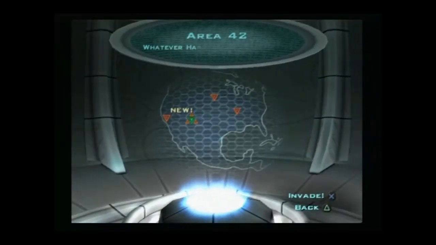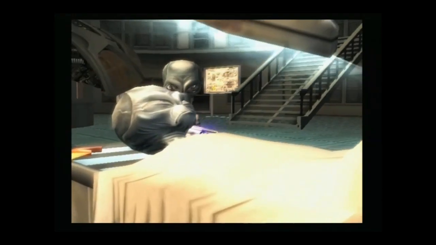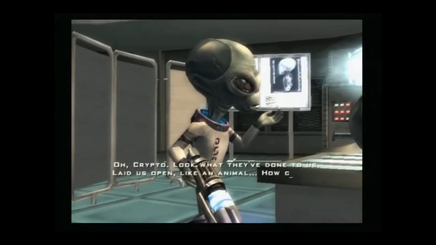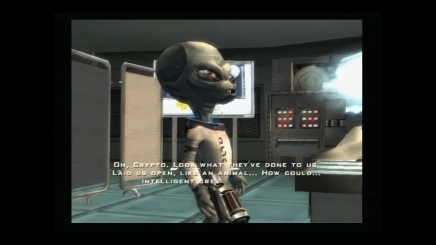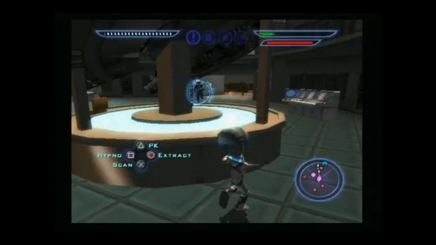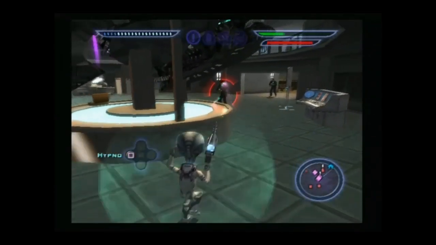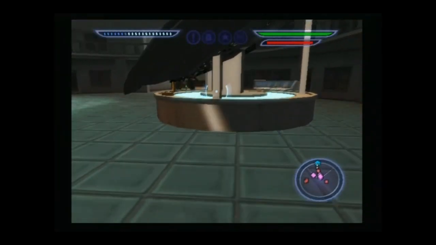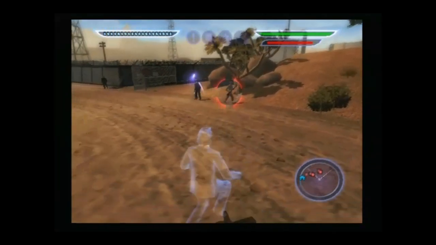Now it's time to go to Area 42. Crypto finds his predecessor's body and has a rare moment of serious emotion. How could intelligent creatures do this? Destroying his predecessor's corpse and saucer to stop the U.S. government from getting anywhere with these resources, he then has to deal with a new issue related to the situation,